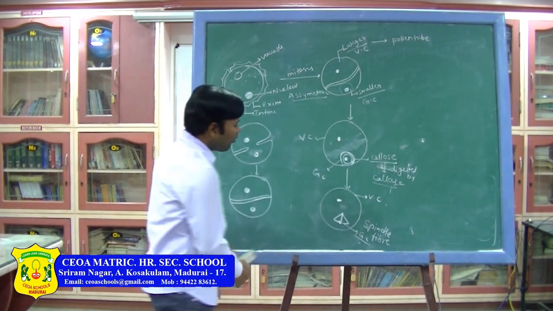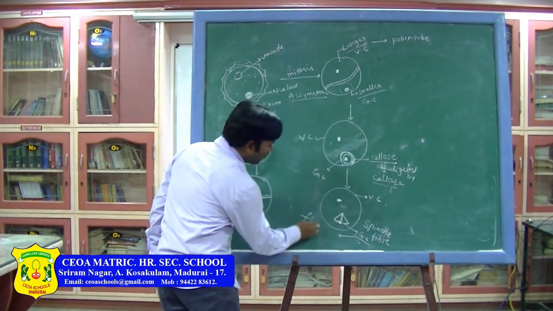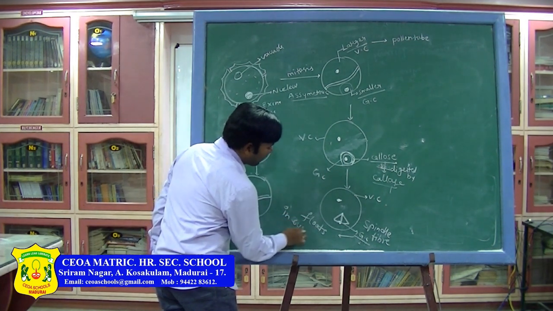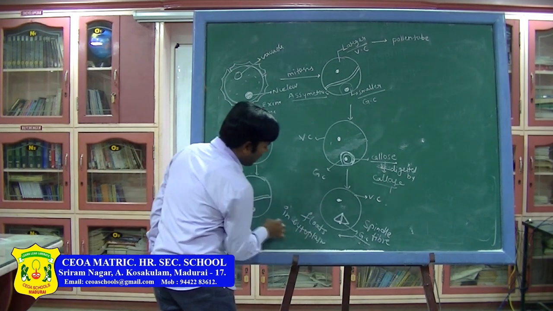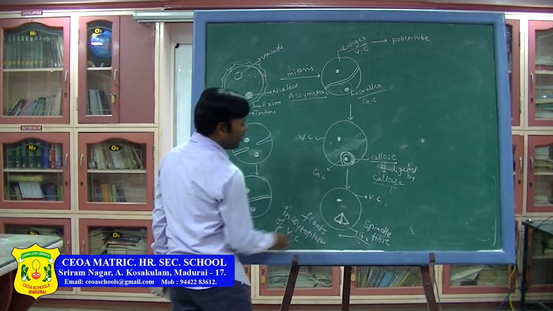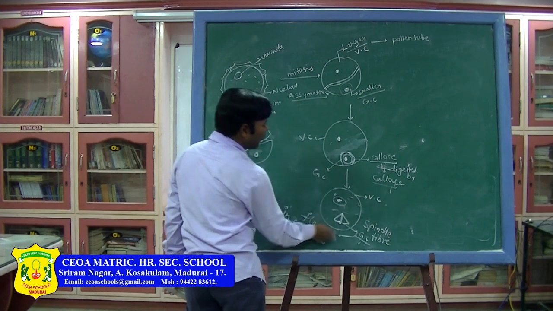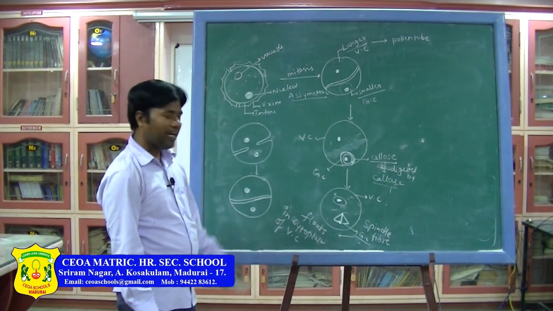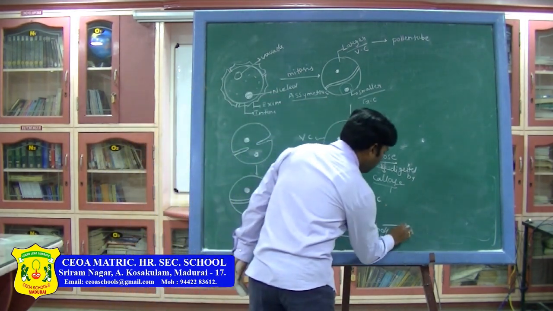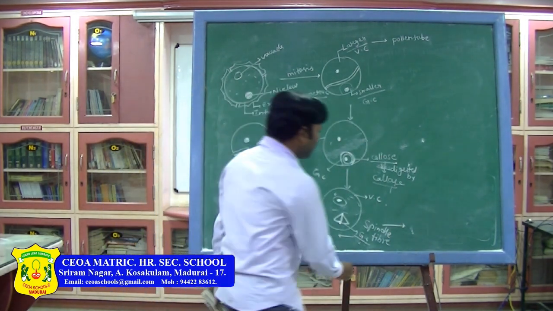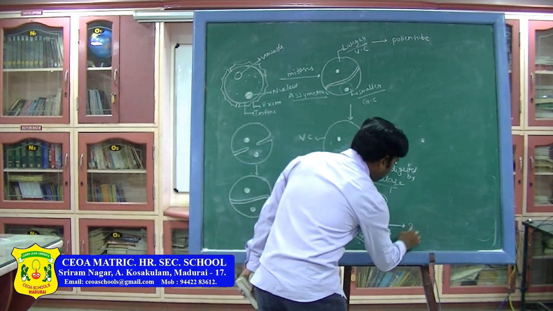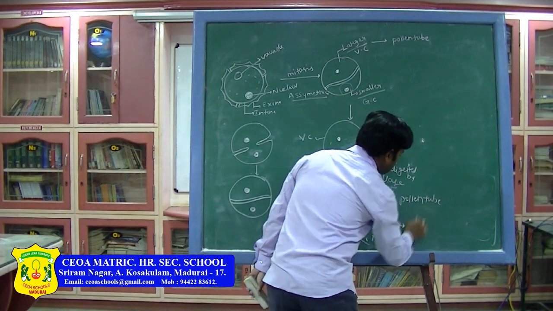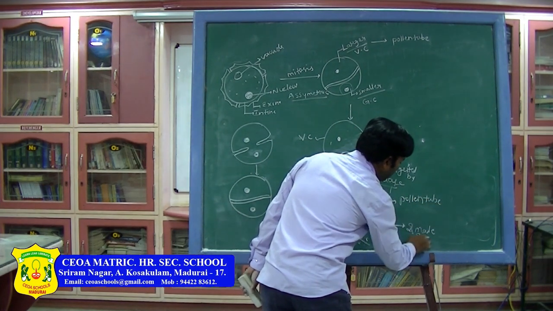This GC is floating. Where is it floating? It floats in the cytoplasm. What is that? Cytoplasm of the VC, vegetative cell. This is the VC. In this cytoplasm, the GC is floating. Okay. Then after, what happens? GC forms two male gametes. Already the VC is present, no? VC forms the pollen tube. Then GC forms two male gametes.